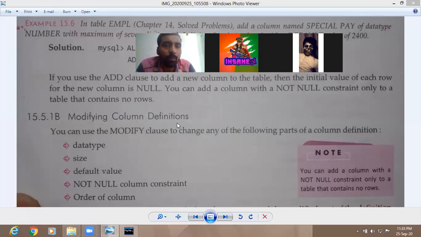Now suppose we want to change the definition of a certain column, like we want to change the data type, or the size, or certain constraints. So how can we do that? In modifying the column definition, the possible operations are that we can change the data type, size, default value, not null column constraint, or the order of the column.